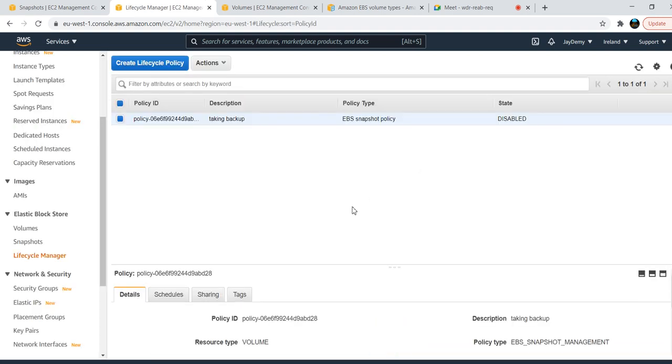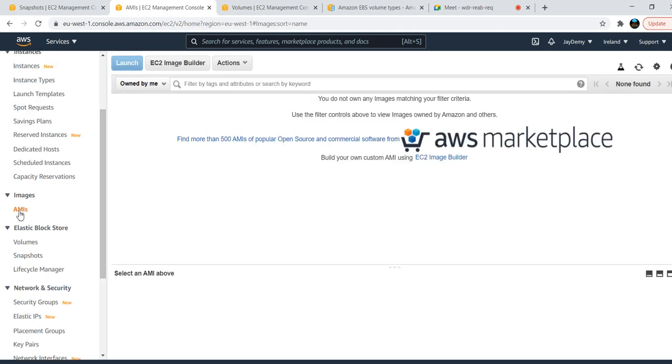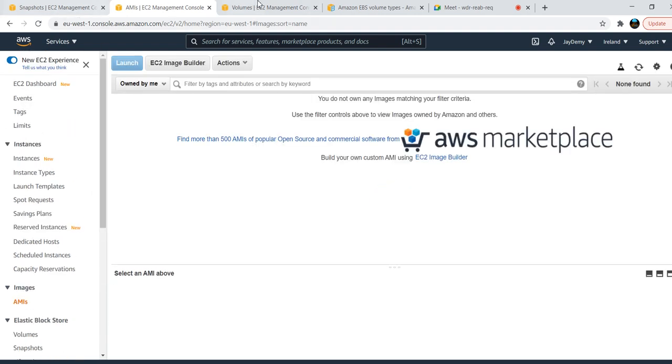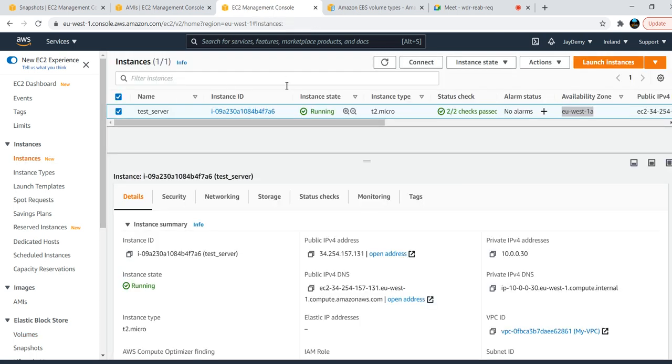Why we need to create? So in interviews they will ask what is the snapshot and what is the difference between AMI and snapshot. Where we will take the AMIs, already we have taken and we have created instances. So for AMI we will take the backup at instance level. We will take backup in the form of AMI like this.